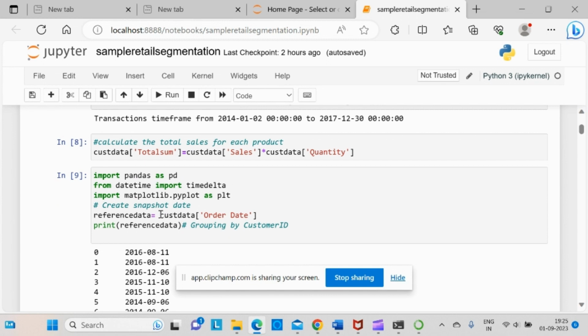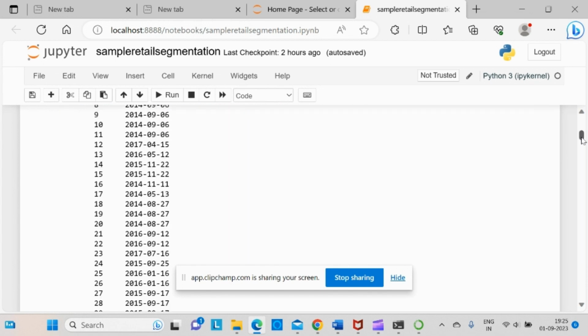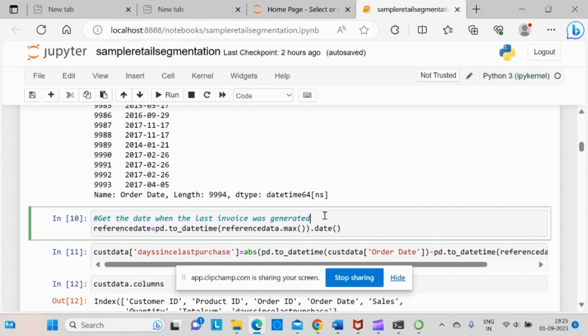We will take a dataset called reference data. We will take the order date column into a date called reference order date, and we will take a reference date when the last invoice was generated. So this will give us a reference date from which we will calculate our recency, frequency, and monetary